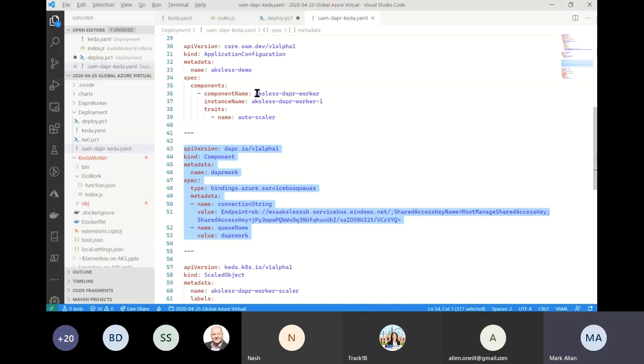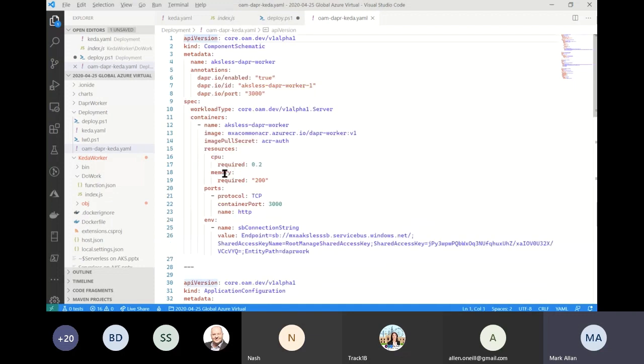So as well as KEDA watching that queue to know how much work there is and how many we're going to need, this is defining essentially our trigger that we would have had in Azure Functions, to say that this is a Service Bus queue and this is something that we want to call through. And it knows by the metadata and the name there which container it's going to call through to.